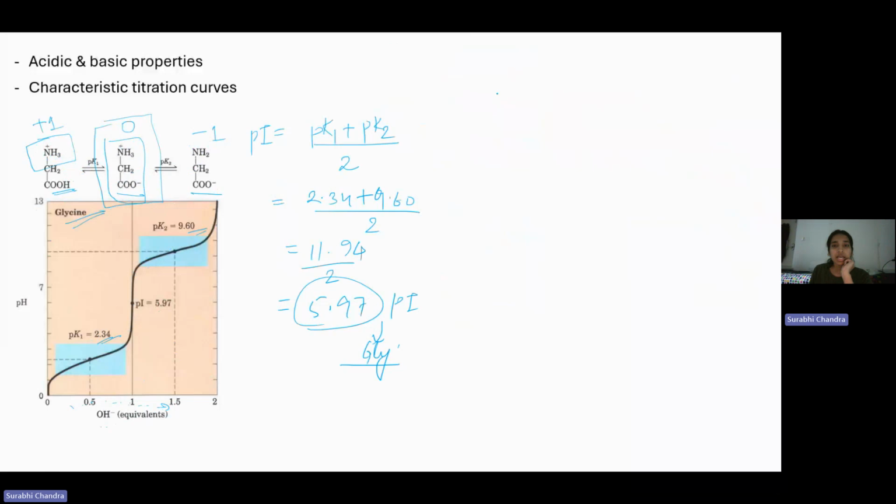Now let's see what happens when pH is greater than the pI value and when pH is less than the pI value. When pH is greater than the pI value, the OH minus concentration is greater. And when pH is less than the pI value,